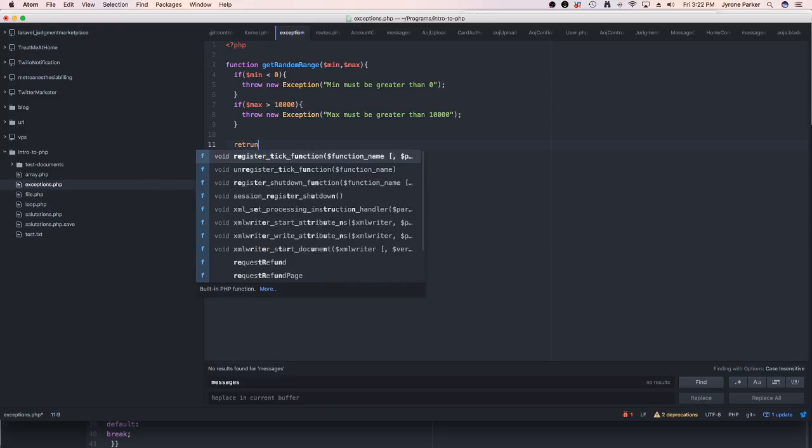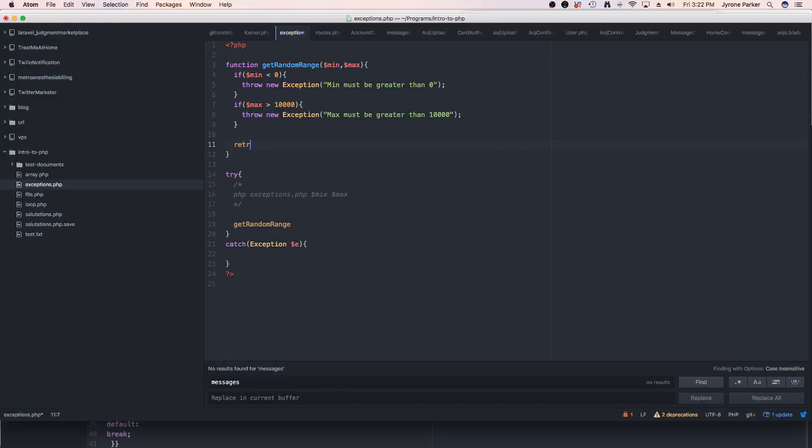Cannot type today. Return rand min max. There you go. So try echo get random range